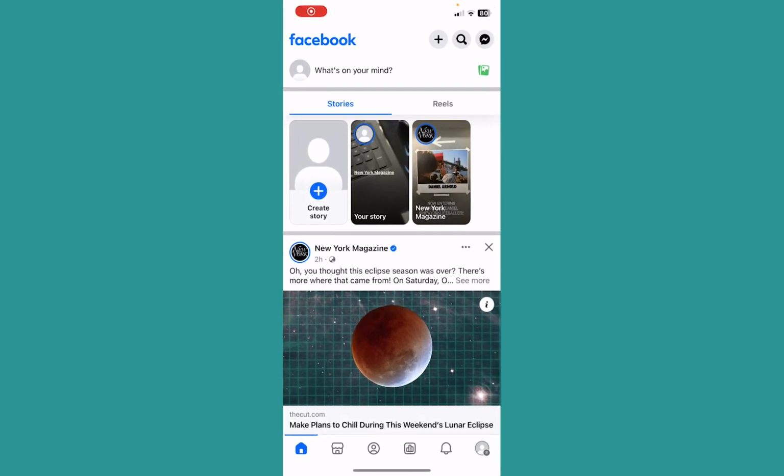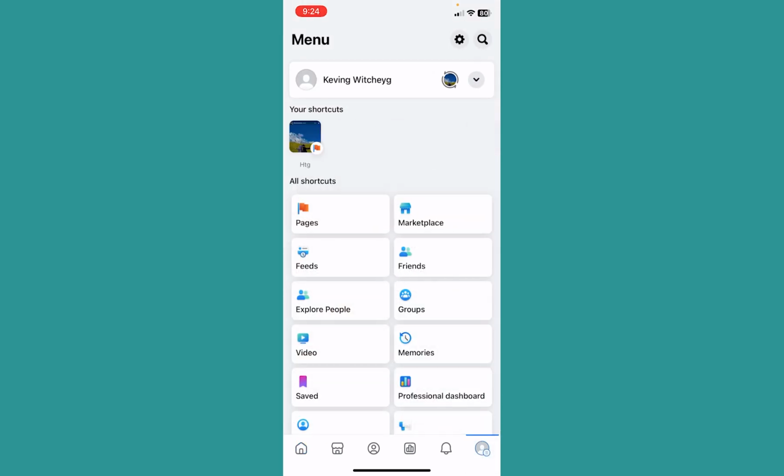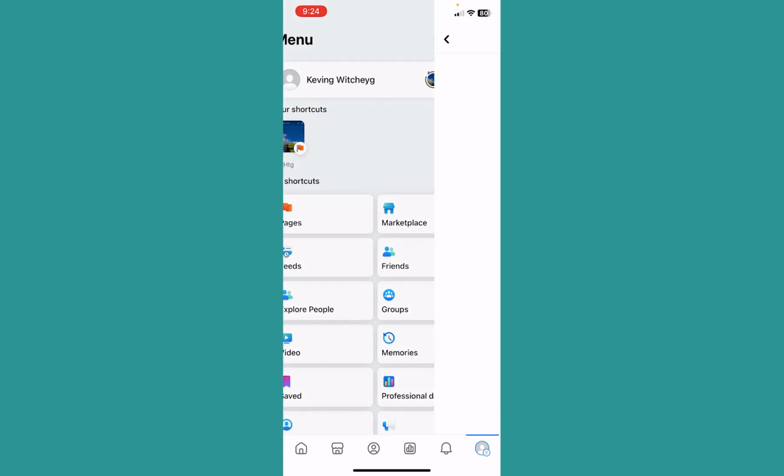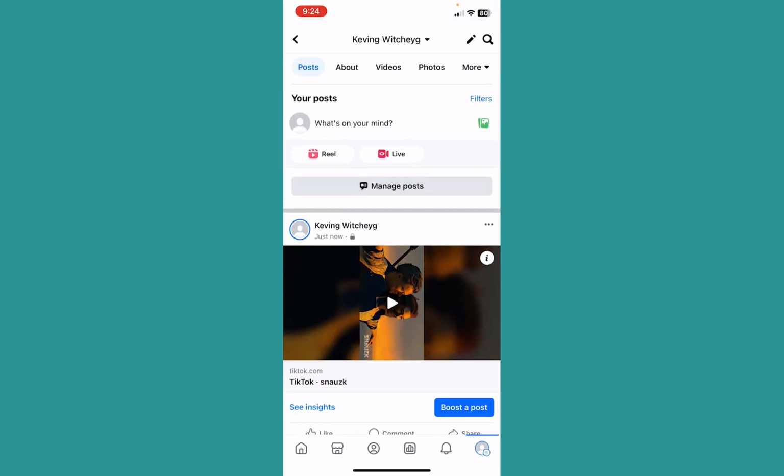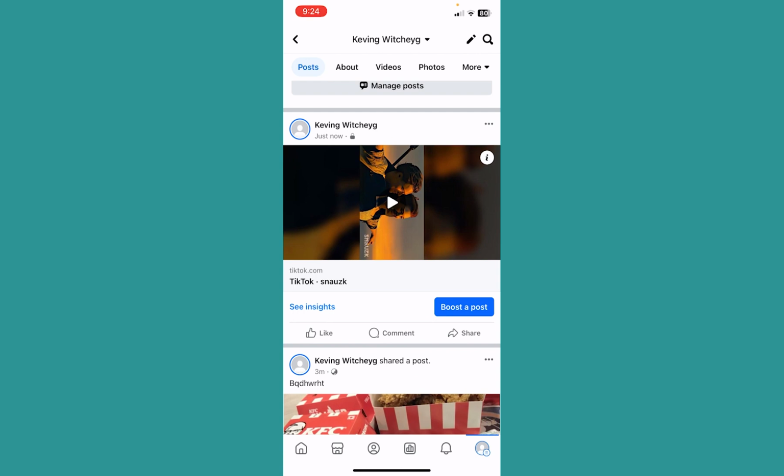But since we chose only me, which means only I should be able to see the TikTok post. So what I can do is click on my menu icon at the bottom right of my screen and click on my username at the top left, which is Kevin Witchy, but you need to click on your username. Once you click on your username, scroll a bit down and the post which you just shared is going to